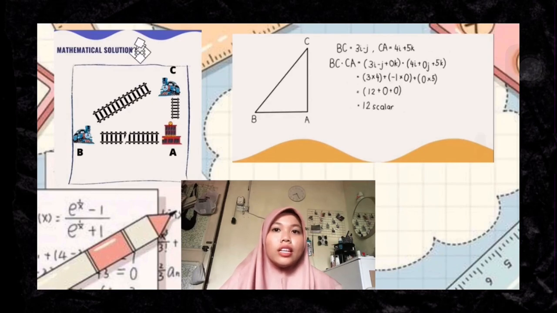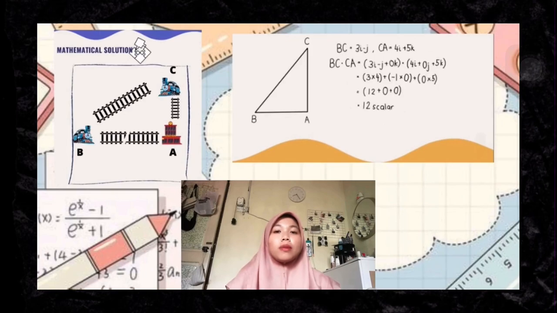BC dot CA equals (3i minus j plus 0k) dot (4i plus 0j plus 5k) equals (3 times 4) plus (negative 1 times 0) plus (0 times 5) equals (12 plus